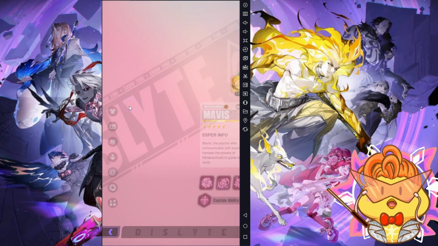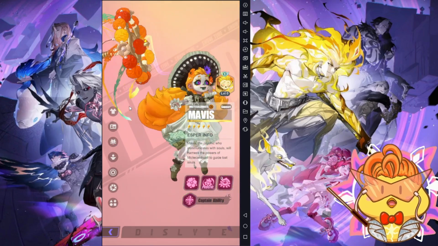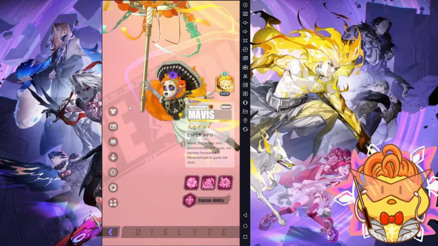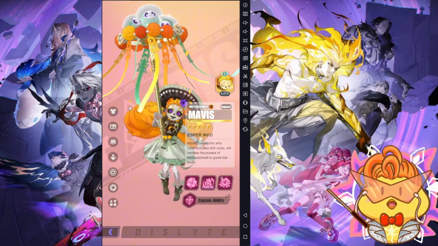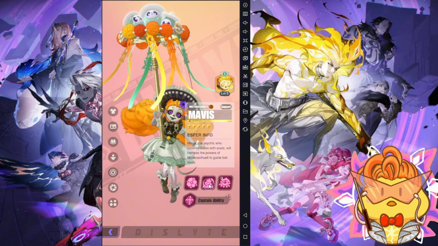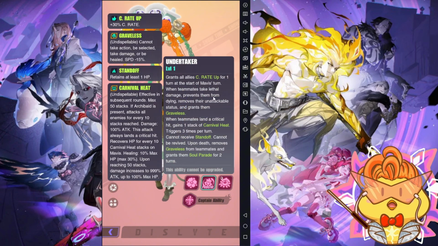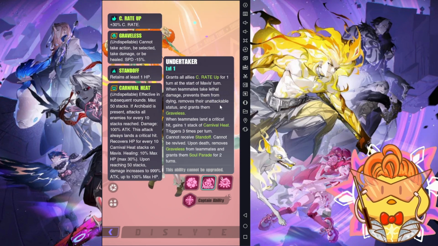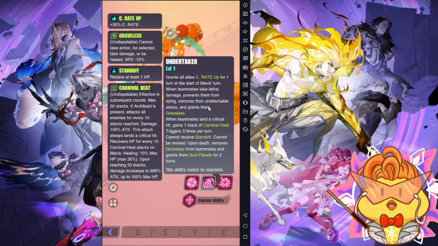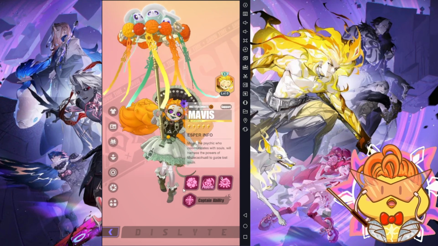Okay, so the first Esper I'm going to go through is Mavis. If you research a lot of guides or ask a lot of players, I think most of them will recommend Mavis as one of the choices. Her passive: when your Esper die, Mavis will prevent them from dying and remove their attackability, and they will turn into graveless. Basically the Esper turns into a graveyard mode